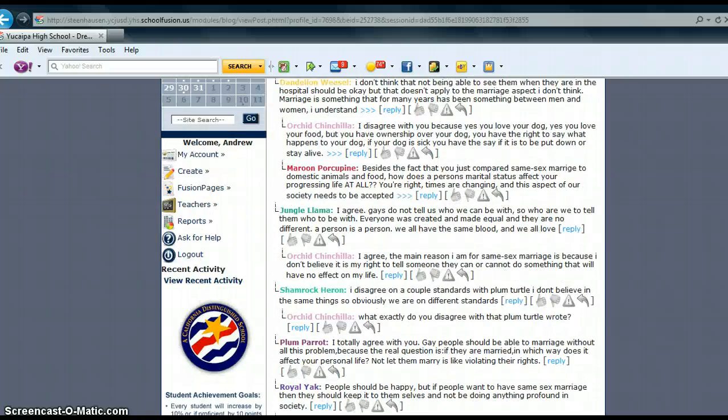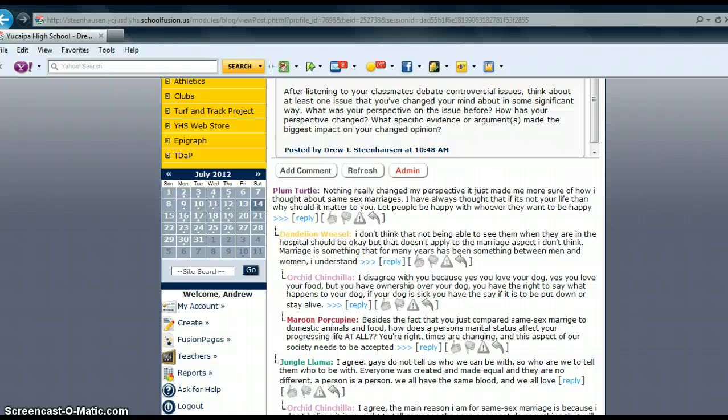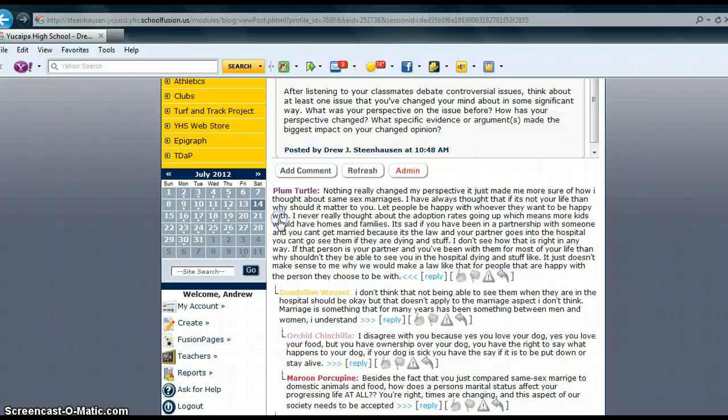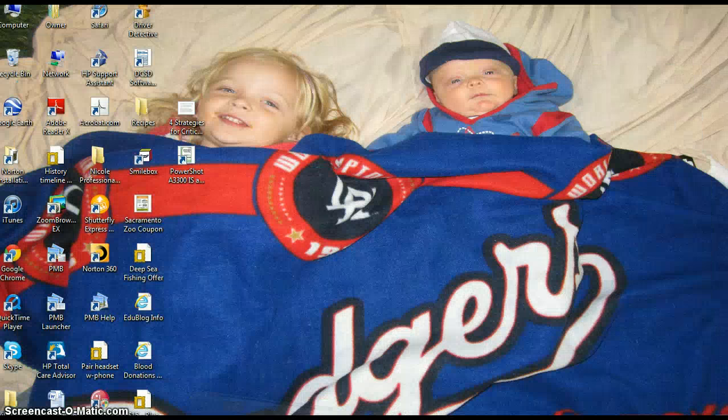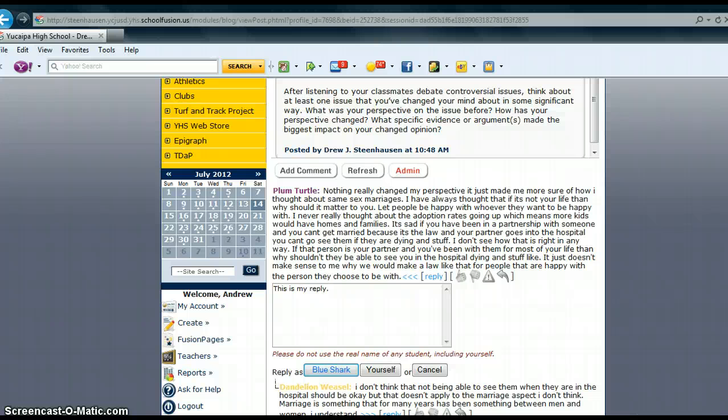To post a reply, if I'm looking at Plum Turtles, for example, these three arrows mean there's more to read. I'll read through that. If it's something I want to reply to, I'll click on Reply, and then I will post my reply here. Remember to refer to the rubric on the class website,